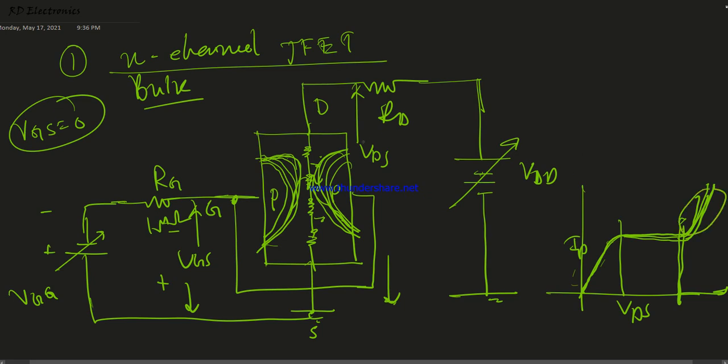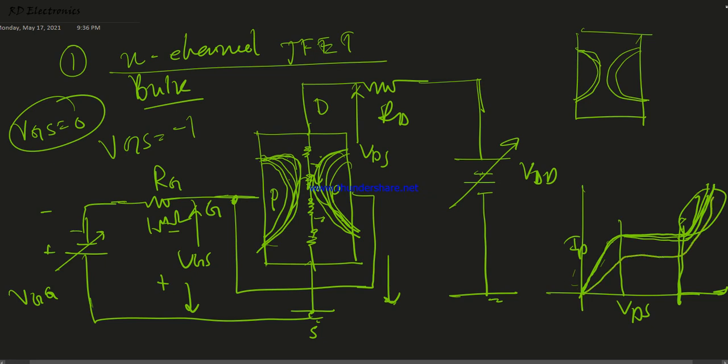Okay, now if we increase the VGS, this is very important. Now VGS equal to -1 volt. So before varying the VDS, the junction is more reverse biased. That means with respect to the previous condition, here you look at the junction condition. So this is the previous condition for VGS equal to 0. Now when VGS equal to -1, the junction slightly increases, because this is reverse bias. Why? Because the battery's negative terminal is connected to the P side. So for more reverse bias, now the magnitude of the current decreases automatically. So this is very important.